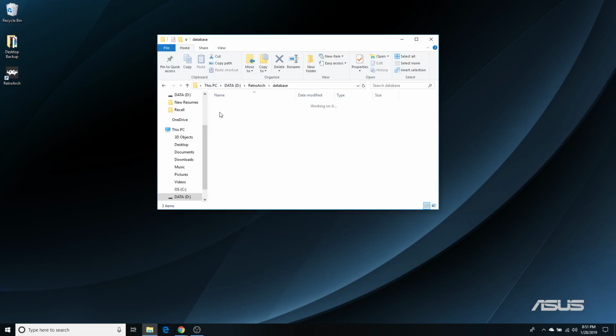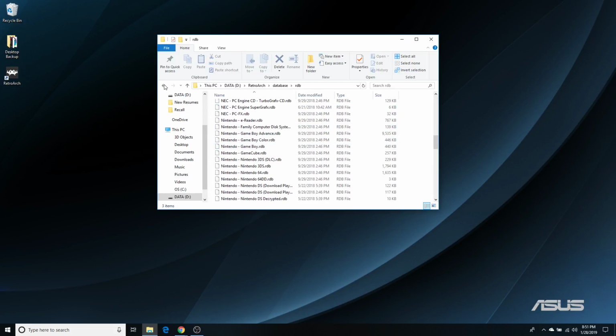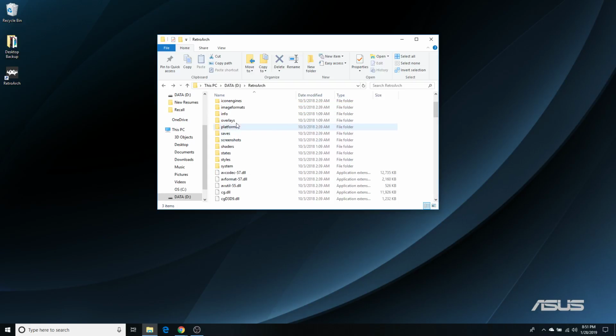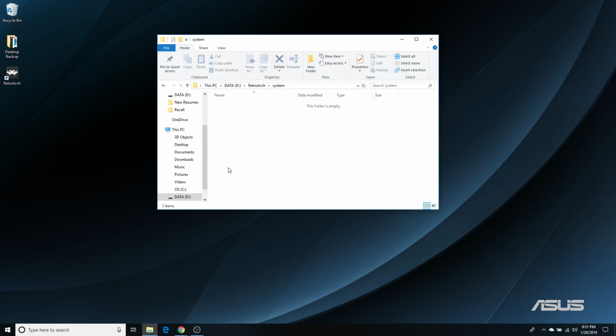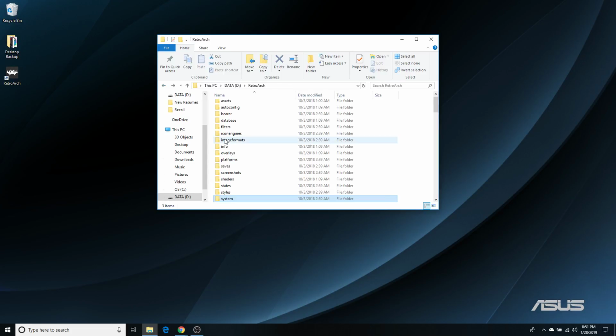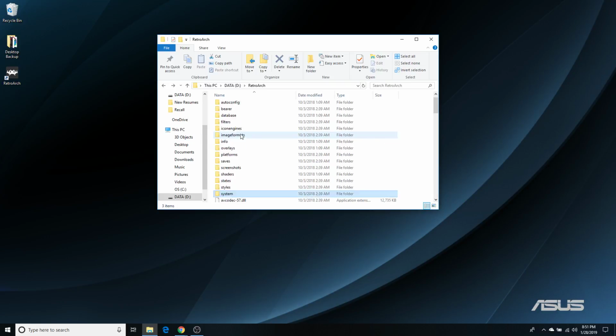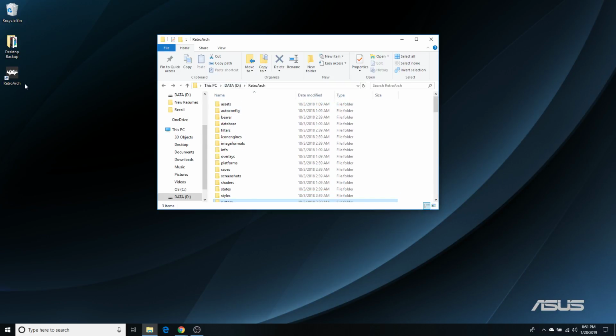all your databases for all the different games. There's quite a bit of stuff in here that Retroarch is going to use, as well as all your .dll files, and then scroll all the way down, and there's your retroarch.exe, which the installation program is going to put a shortcut on your desktop automatically for you. So now that that's done, let's open it up. So double click,